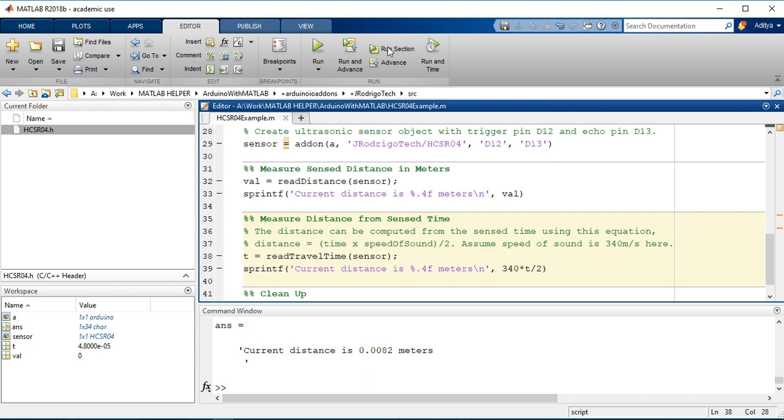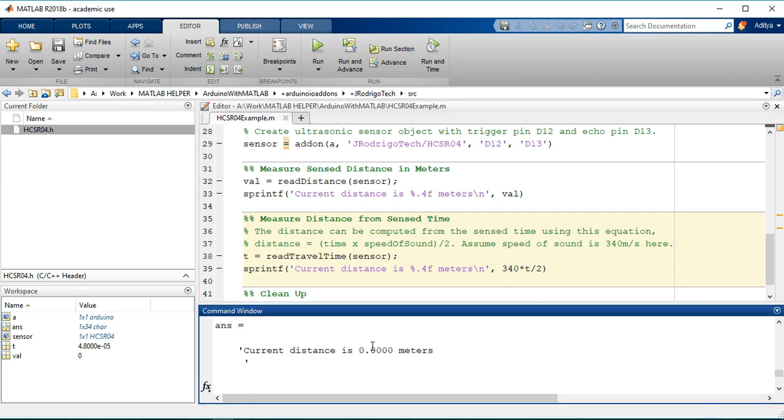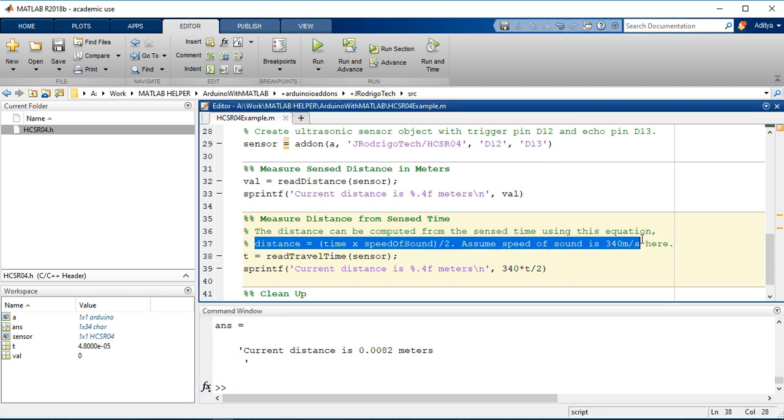Measure distance from sensed time. Okay, so that's the difference. I think it's not reading the sensor in meters directly, but when the travel time of the sensor is taken, this is the formula, and at that time it shows the distance.